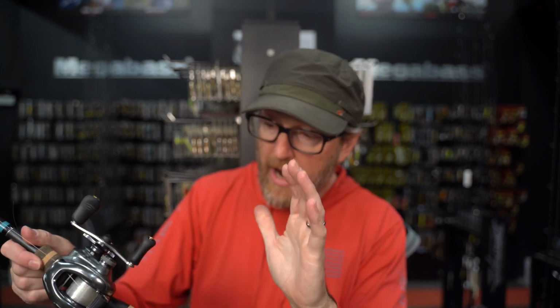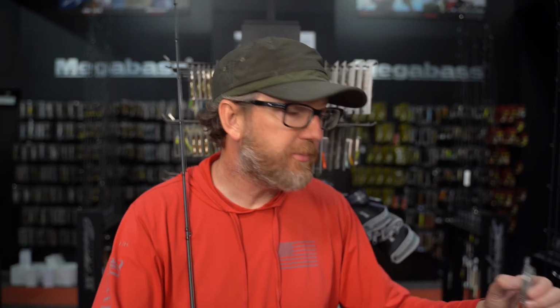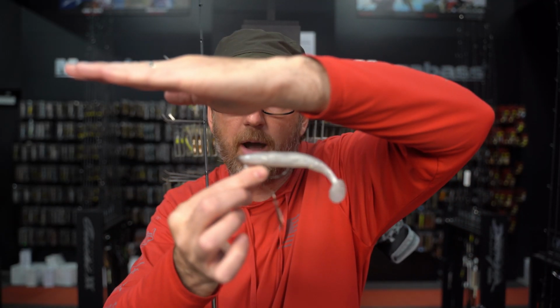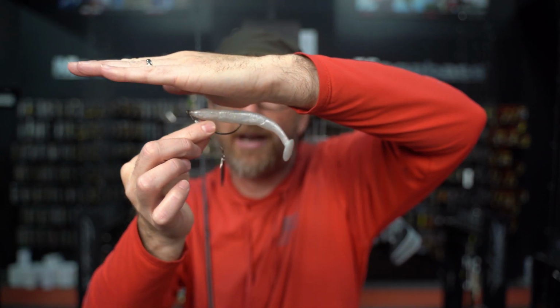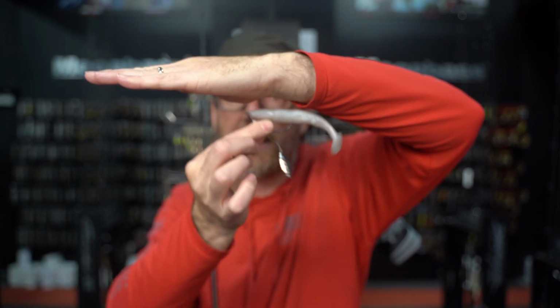Now, gear ratio, I love a 7-to-1 here. Even though we're fishing really fast, when I go to an 8-to-1, it's almost too fast and you'll get the bait to kind of break the surface, and you don't want that. You want this to stay down below. Remember those ribs we talked about on there? If this is the surface of the water and this bait is coming up to the surface, those ribs are kind of trapping air and it's kind of preventing it from breaking